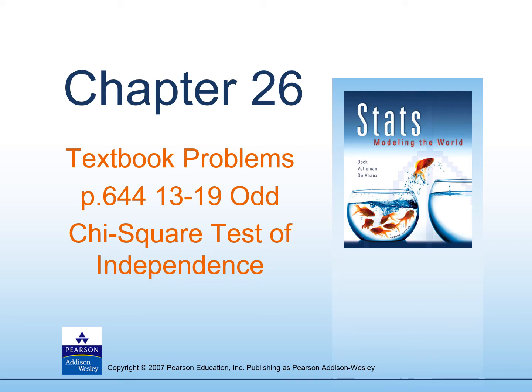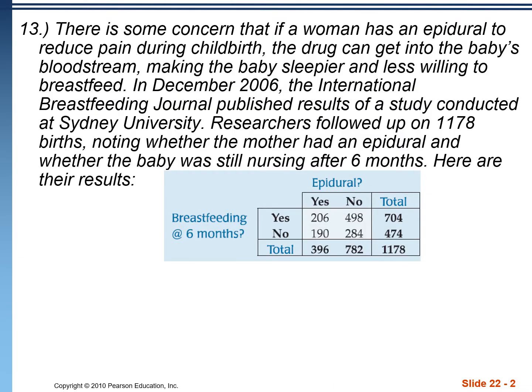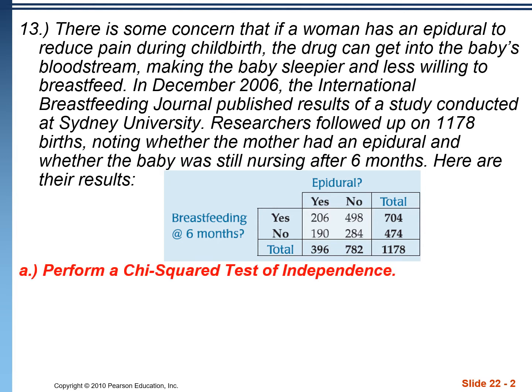This video will cover a walkthrough of the odd problems from 13 to 19 on page 644. In number 13, we have a sample of 1,178 births from December of 2006. Some of the mothers received an epidural and some did not, and we're tracking whether the baby is still breastfeeding 6 months after birth. This is going to be a chi-square test of independence, and there's a few ways we